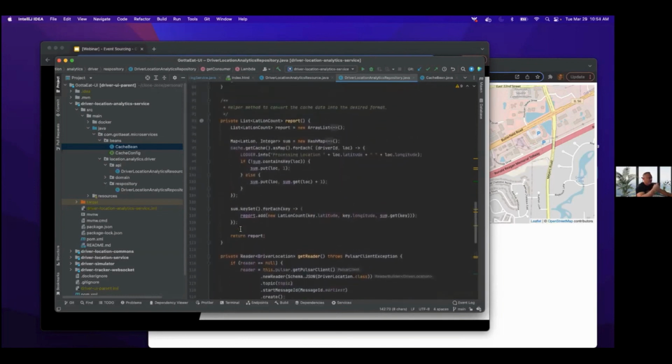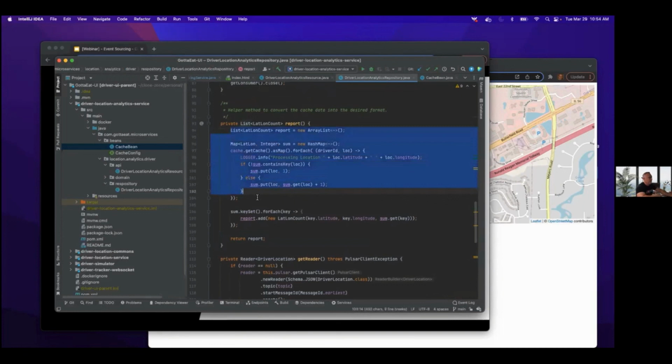And then when they want to get the heat map, we call this report method, which basically goes through and creates a summary location. The data has to be constrained within a box, a lat long square, and a count, so you can get a density. So it's not just putting plots on the map, but it's actually doing a count within each lat long space, and we're doing a summation of that. So when we first see this guy and it's a new location, we add 1. Every point afterwards, we do a sum plus 1, and so you get this density going on,